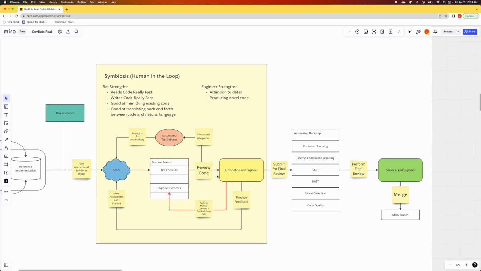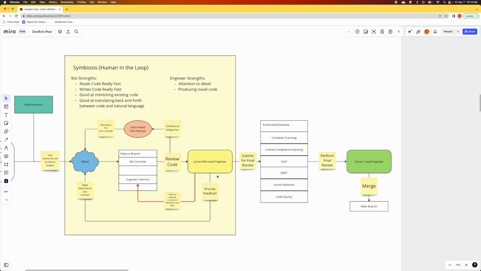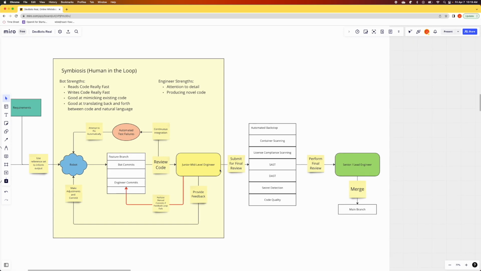One of the key things about this flow is that bringing a large language model presents risks to enterprises and organizations. So there's a few key things. We can leverage the existing CI/CD systems that we've built over the years to mitigate the risks of just crappy software development. So we have these automated backstops of security scanning, compliance scanning, secret detection, code quality, all these things that we use in the enterprise to help ensure that the best, safest code gets to production as possible.